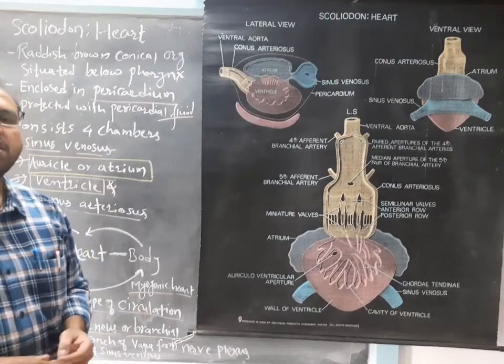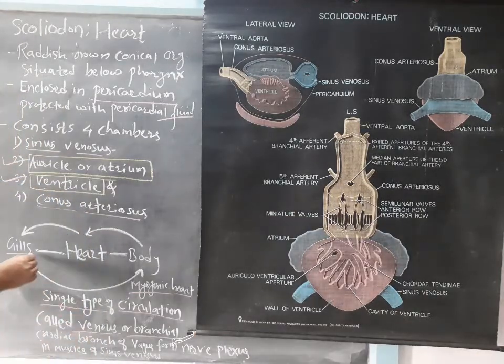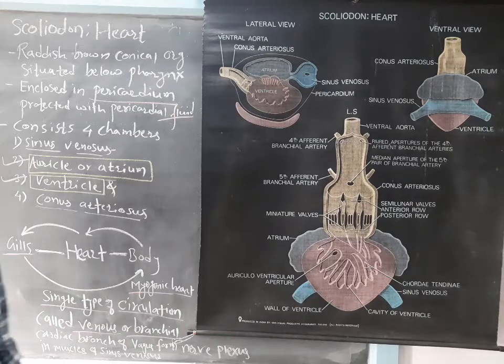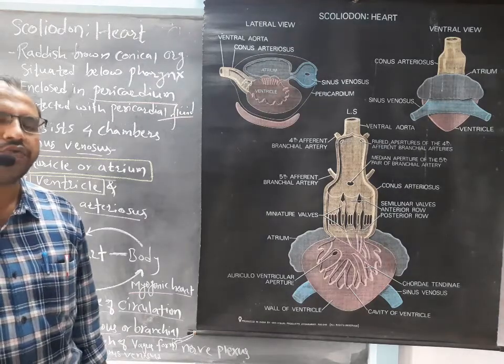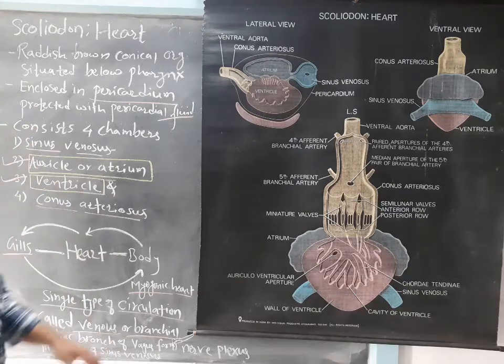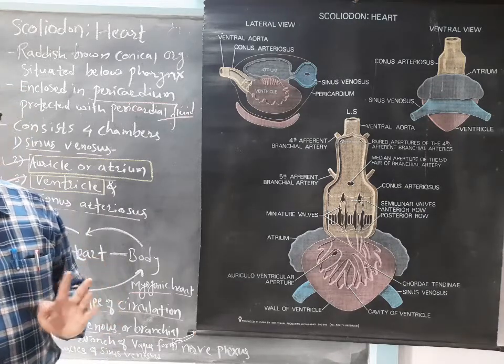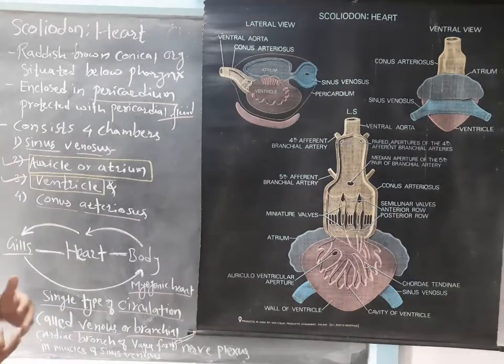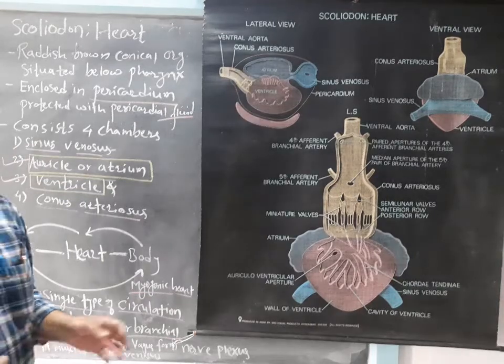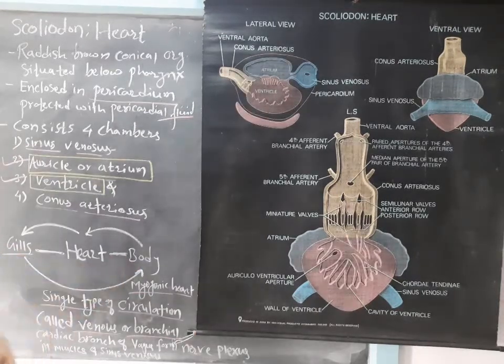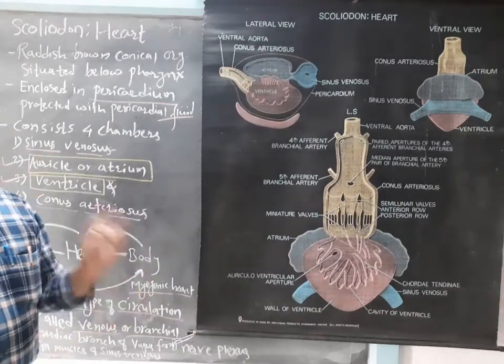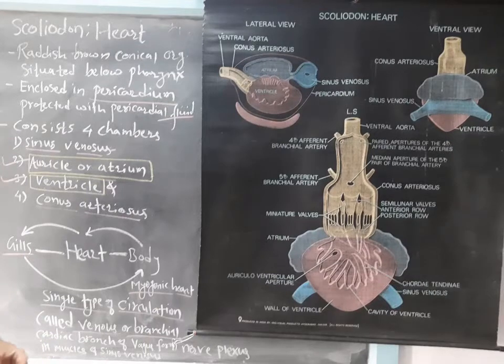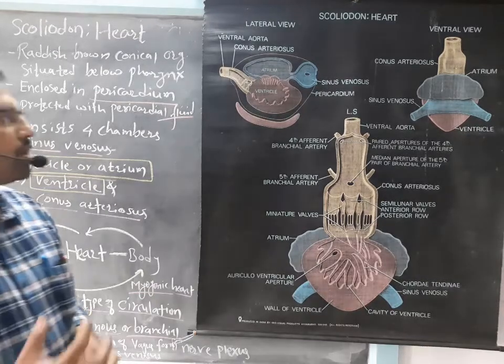For oxygenation or purification, it goes to the gills, because as you know, Scoliodon is an aquatic individual, a fish belonging to Pisces, which has 5 pairs of gill slits. In the gills, oxygen is mixed into the blood through the gill lamellae, and later this oxygenated blood passes to the various parts of the body. So this process is completed with this continuous rhythmic contraction and expansion, that is systole and diastole. This is about how the heart performs its function.